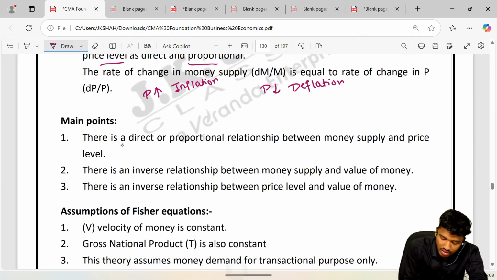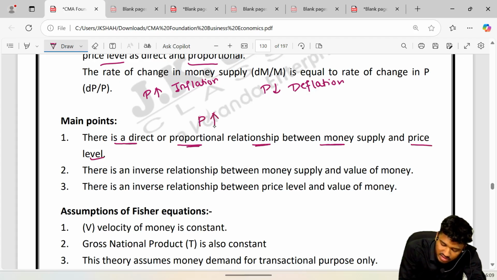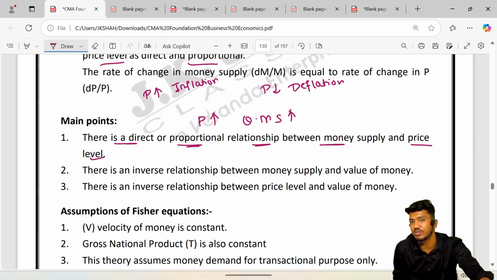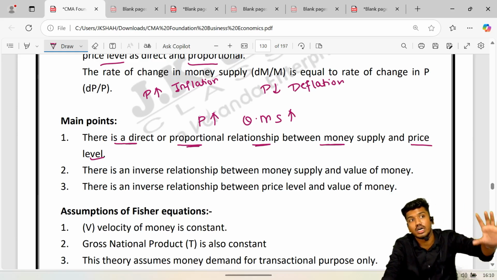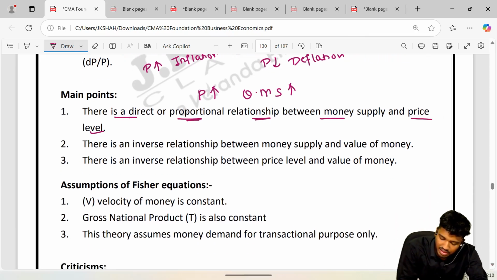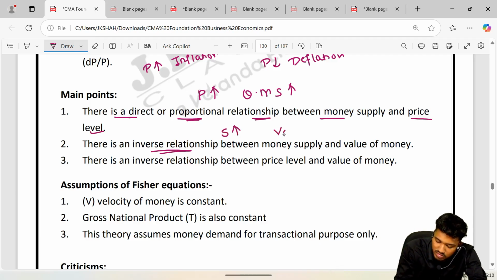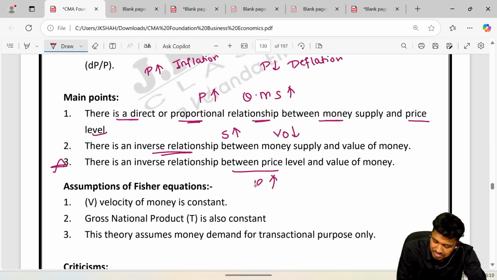See, there is a direct or proportional relationship between money supply and price level. It means that as the price level increases, the quantity of money supply in the country also increases, because now more money is flowing into the country. Previously for 1 pair of shoes he was taking only 1,000. Now for 1 pair of shoes he is taking 5,000. So more money is flowing into the market. There is an inverse relationship between what? First, money supply and value of money. As the supply of money increases in the country, its value starts to diminish. And next, this is the main thing, as the price increases, the value of money